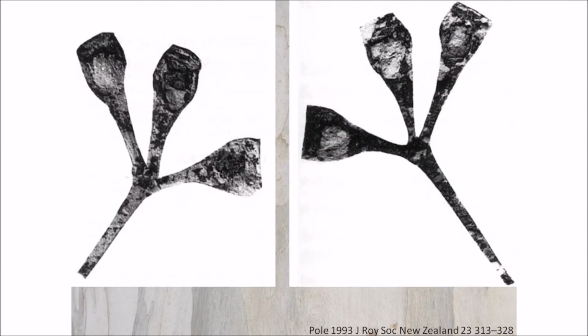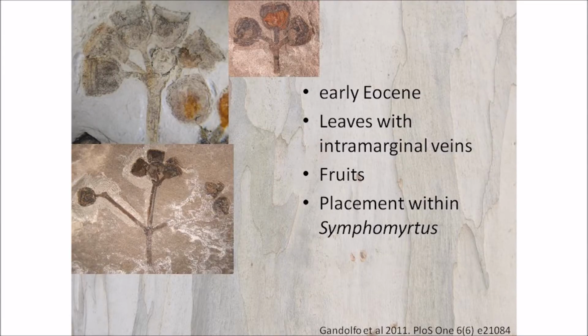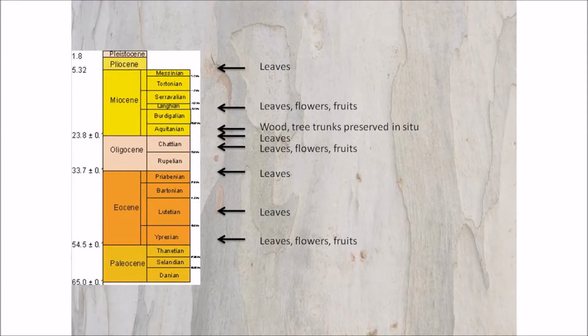And here's another example from the Miocene, not as well preserved, but again, you can see those things we typically associate with the capsules. And then these early Eocene examples as well, these beautiful umbels, classic fruits on them, and a number of features on those fruits have allowed this particular specimen to be placed within the group we call Symphyomyrtus. So we've got quite a good record of leaves, flowers and fruits, and this really summarises those observations within